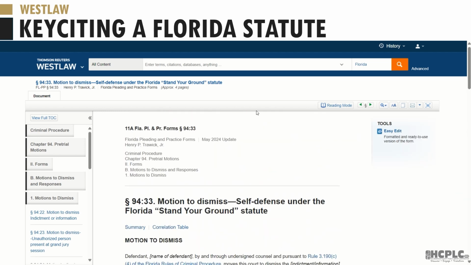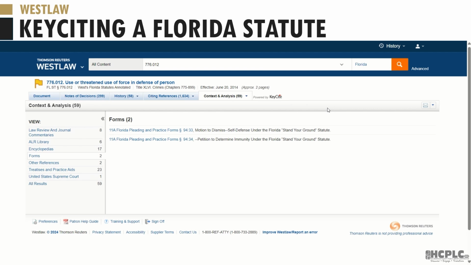So as you can see, KeyCite, when it comes to a statute or case, either one, gives you a lot more than just verifying that your information is still current. Let's go back to the actual KeyCite here. Now, if there was anything on here from any of these categories that you wanted a copy of,